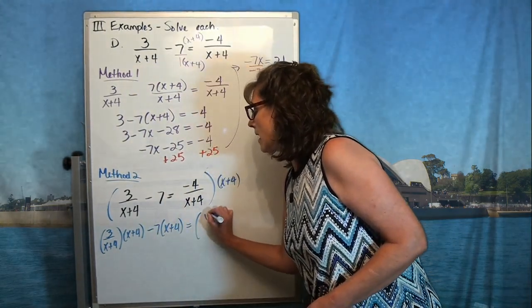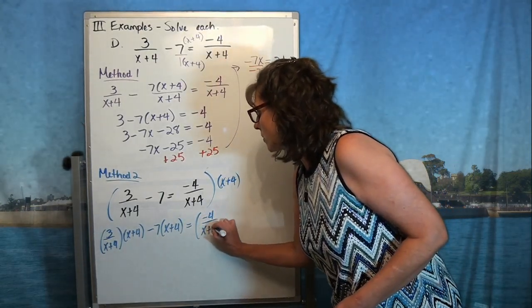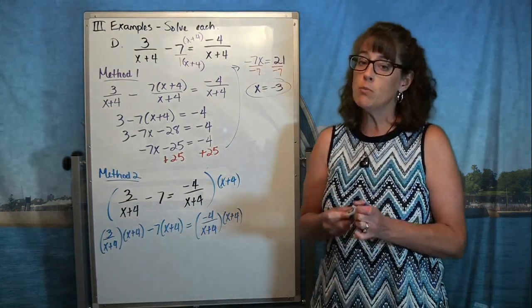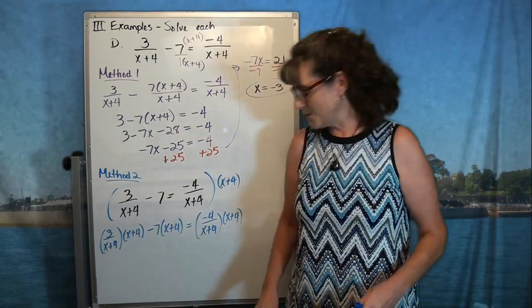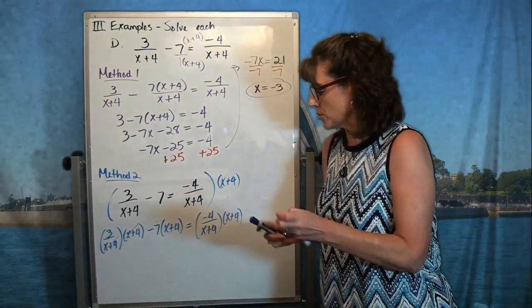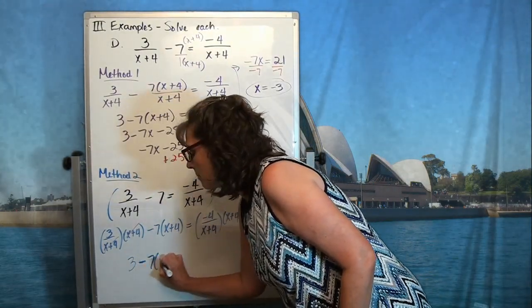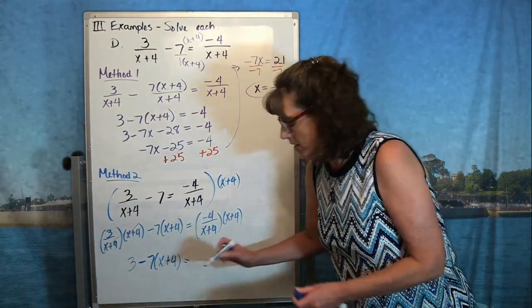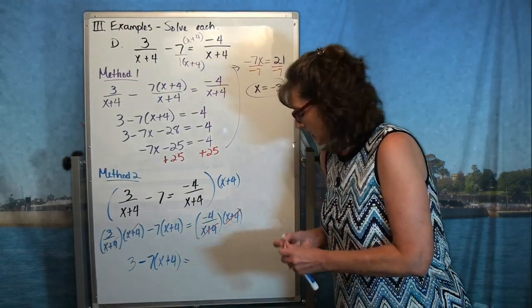And even here in the back, my negative 4 over x plus 4, I'm going to multiply it by x plus 4 as well. And like we said before, when you multiply fractions, I'm going to cancel on those diagonals. So these are going to cancel, and I'm left with a 3. No cancellation needing to happen here because I'm not multiplying fractions. And on the other side of the equal sign, these are going to cancel right here,